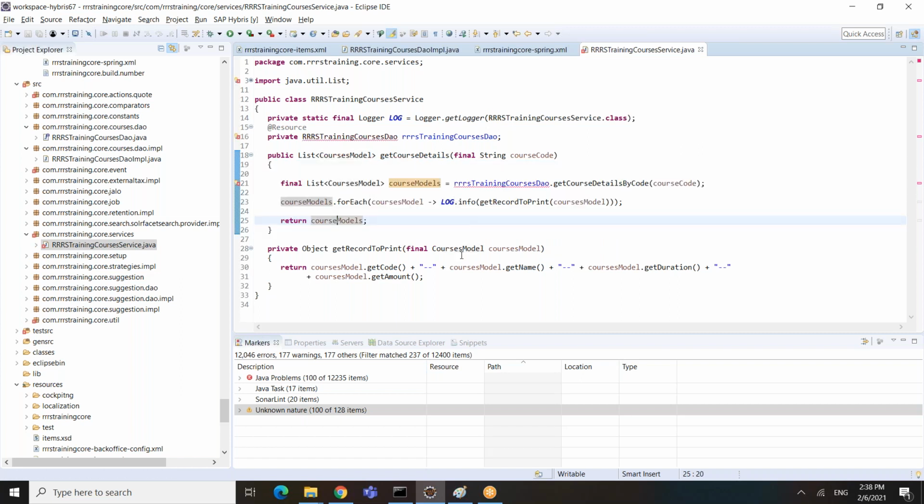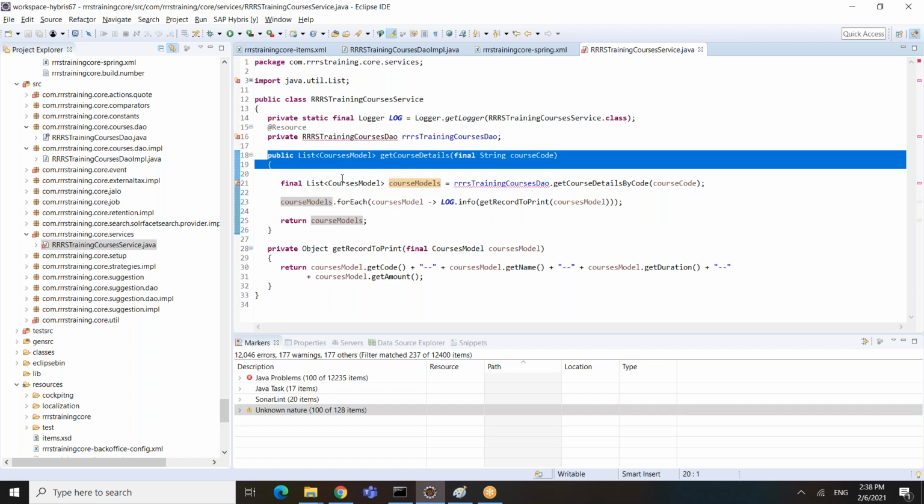Before returning, I'm simply logging it here, but you don't need to log it. It's up to you whether you want to log it to see for some cases, but most of the times you don't need to log it in full level because that's going to log a lot of information. So the DAO is simply called in the service and it's still returning the courses model.